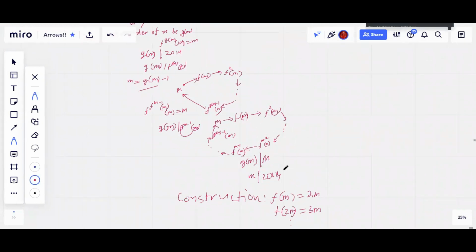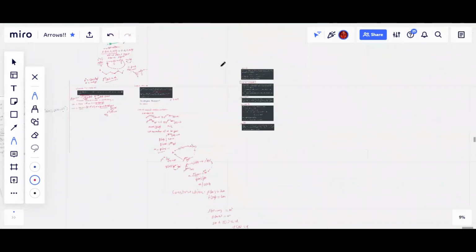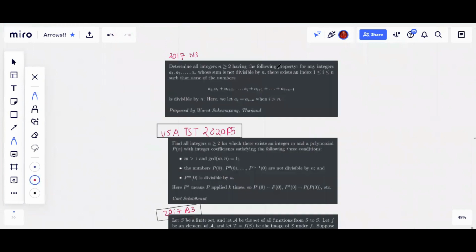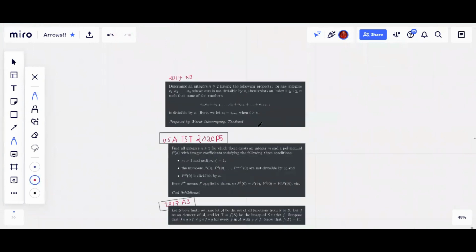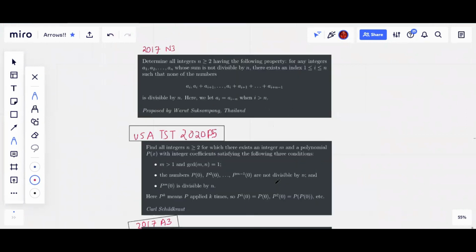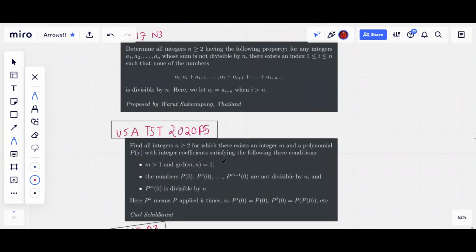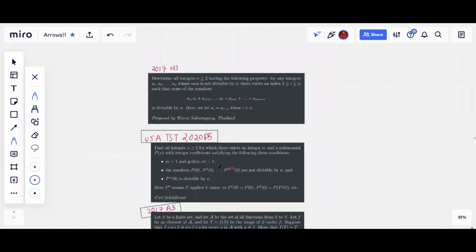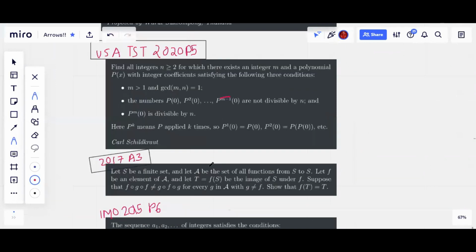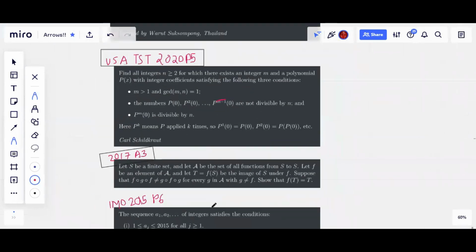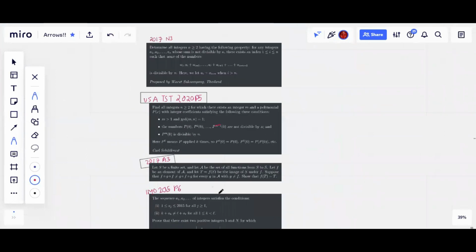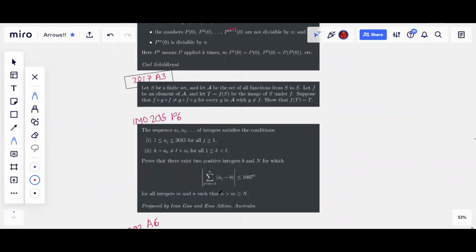So yeah, we have solved 2 problems. And if you want more problems, then I have some stacked up. So first we have 2017 M3, which is a really cool problem. I really recommend you to try it. And then you have the US TST 2020 P5, which is also cool. It looks like a polynomial, but you have the arrow vibes, right? Because you have iterations. You have 2017 A3, and then a really hard problem, IMO 2015 P6. It has actually a few algebra steps later, but if you are able to do the arrow part, then